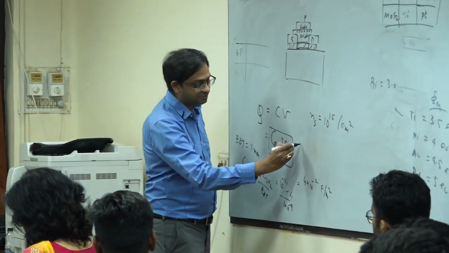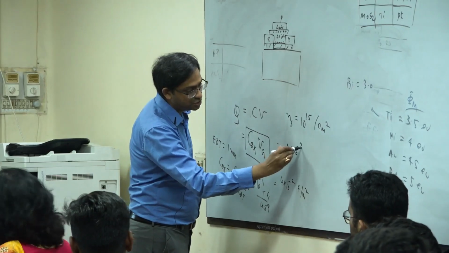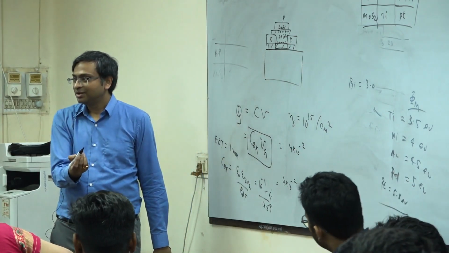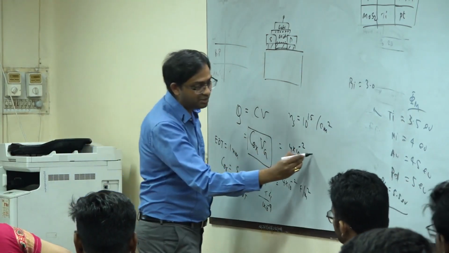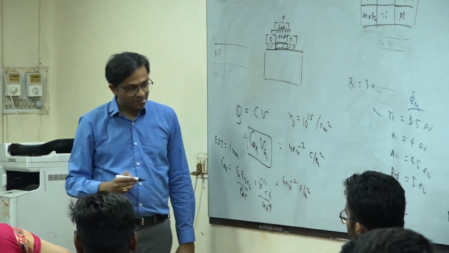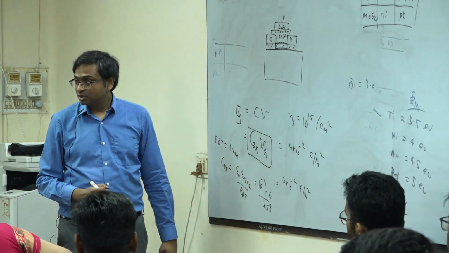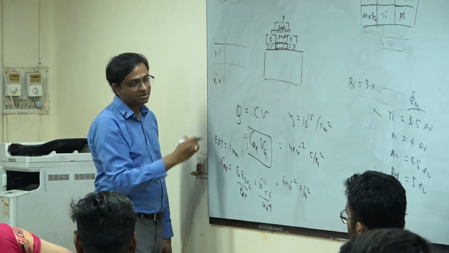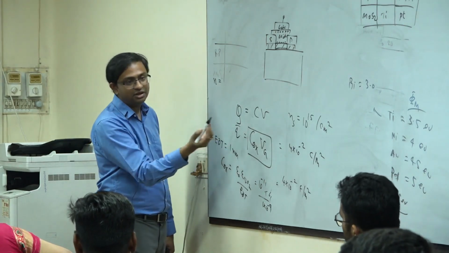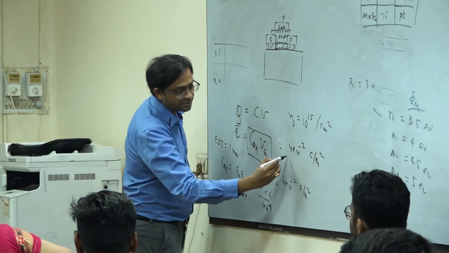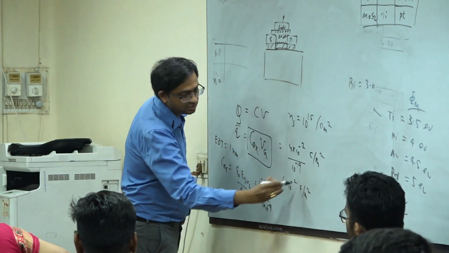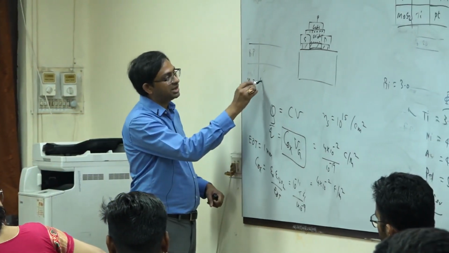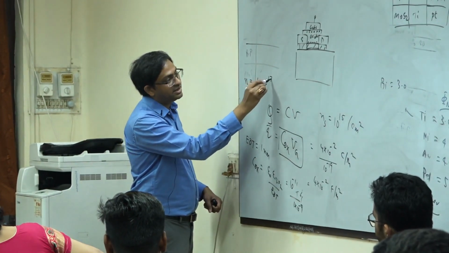So then what is the charge? 4 times 10 to the power minus 2 into 1. So this unit, yeah, coulomb per meter square. This is the charge, correct? Now I have to find out the number of charge. What will be my N? No, simply divide by electronic charge, right? So I have to divide this by 10 to the power minus 19, 1.6 I am taking away, right? So what is the amount of charge I should get? 4 times 10 to the power 17